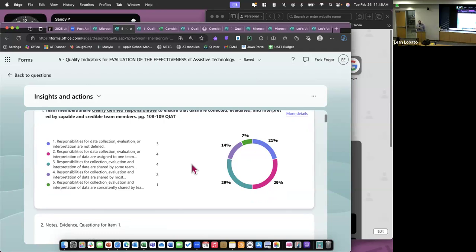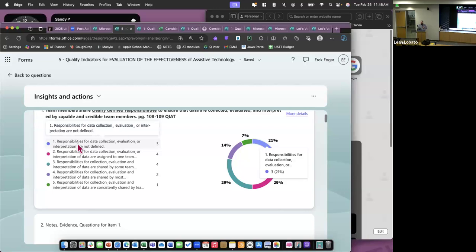Okay, so notice on this one, wow, we are a little more all over the place, right? 1, 2, 3, 4, 5. So last time we had kind of bigger chunks, like everybody was doing things the same. This one we're breaking out a little bit more. And I'm going to say usually that's because you're considering it more from your school location, rather than as a district. So it looks like we have